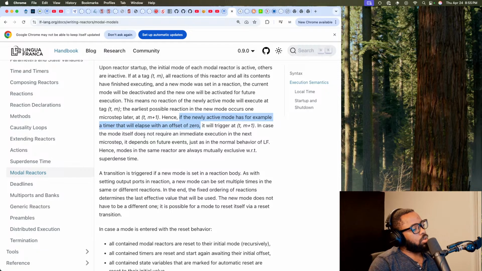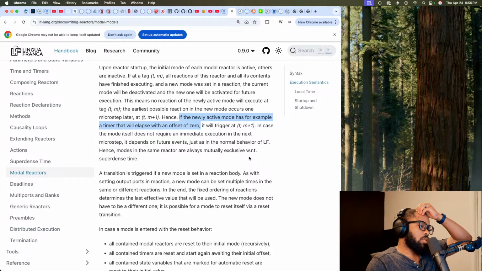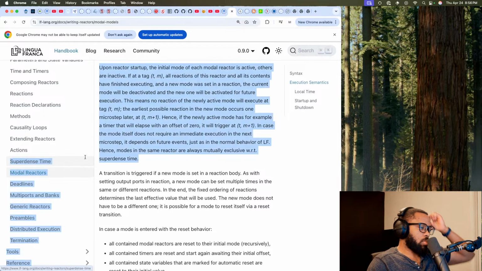In case the mode itself does not require an immediate execution in the next microstep, it depends on future events, just as in the normal behavior of LF. Hence, modes in the same reactor are always mutually exclusive with respect to superdense time.